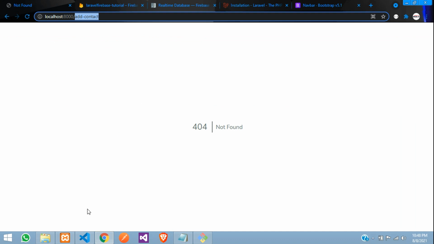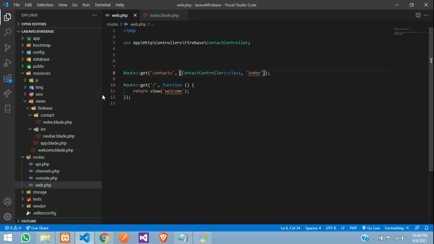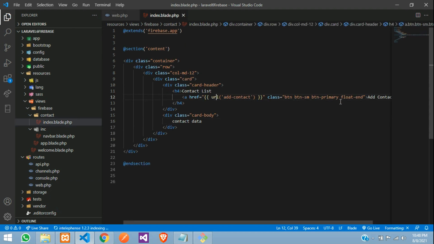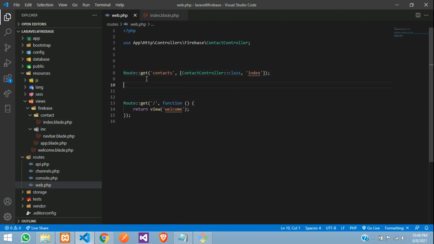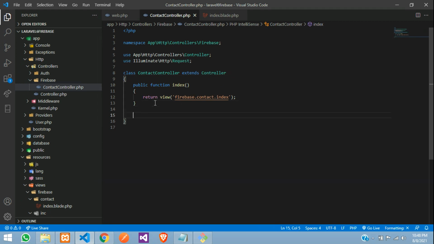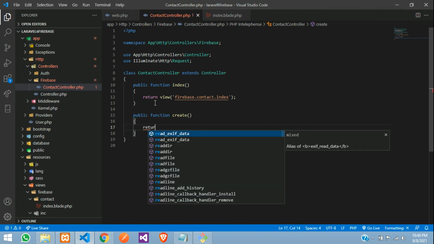So let's create this. Let's get back. So first let's move to index. This was our add contact button with the URL add contact. So let's copy this and create a route for this, guys. So Route::get, function and go to the controller. So we are going to use the same controller. Let's copy and paste. Go to the create function. Let's go to the contact controller, create a function with the name public function create, open and close, return